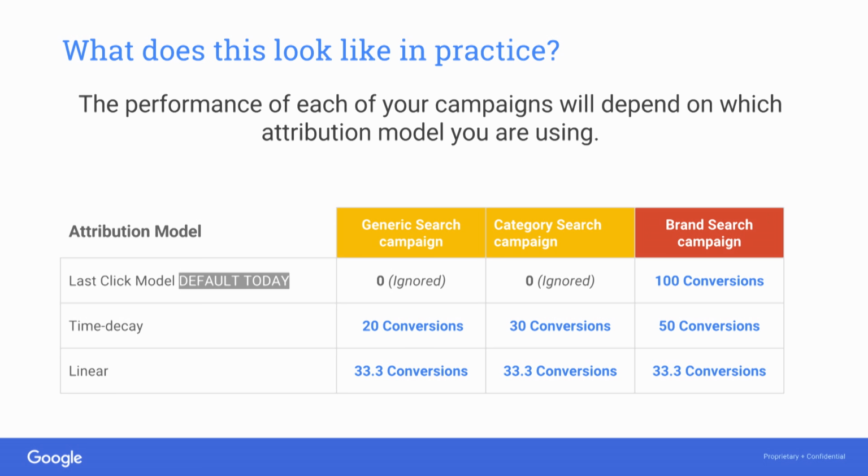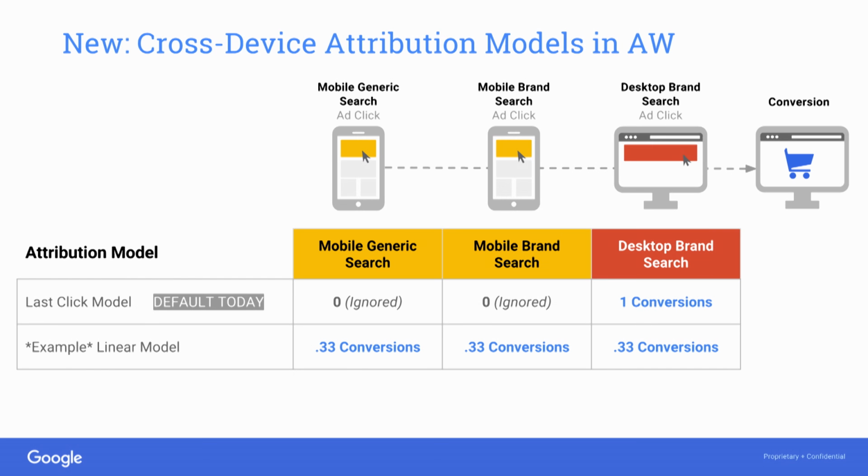Many of you may have played around with attribution modeling before in Google Analytics, and you've seen something like this where you compare last click versus time decay. Originally with last click, a more direct response, bottom of the funnel brand campaign looks like it gets all the credit, and then some of that conversion credit moves towards more upper funnel targeting. But now with mobile, we can actually see it from a cross-device standpoint.